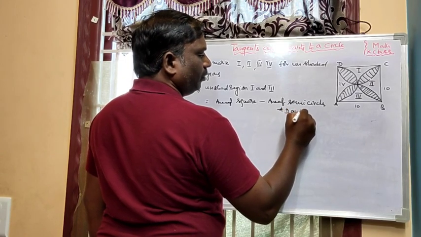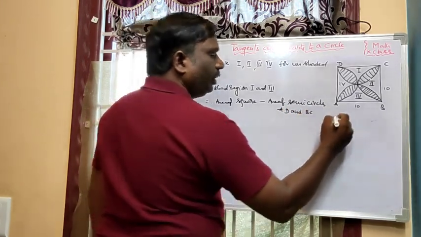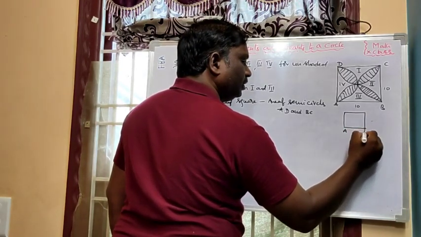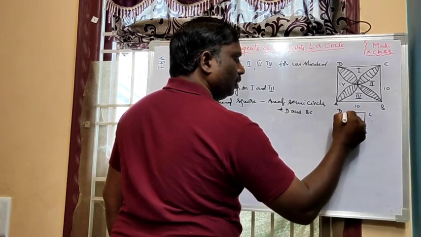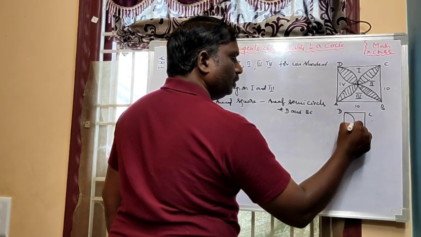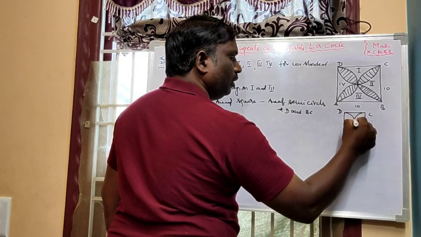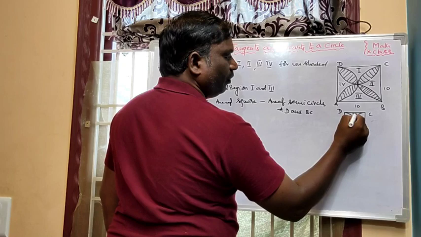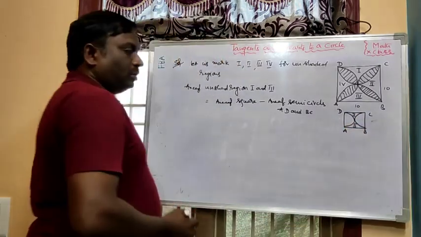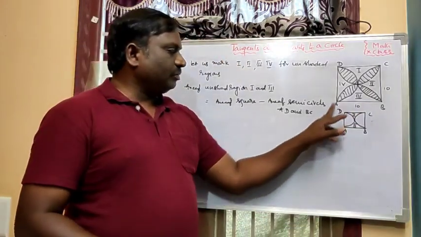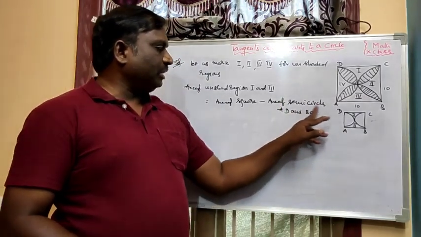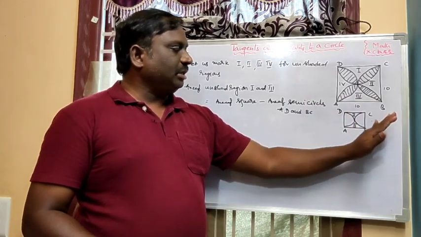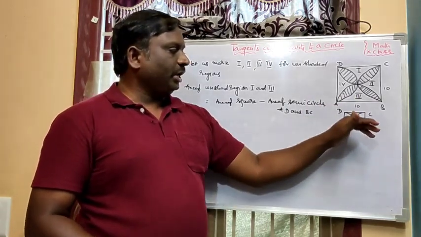AD and BC. So I am drawing the diagram here. Area of square ABCD, and this is AD, one of the semicircles, and another semicircle. So I am finding only these two. From the total ABCD square, I am removing the area of semicircles AD and BC. If you remove AD and BC semicircles from the total area of the square, you will get only the unshaded regions